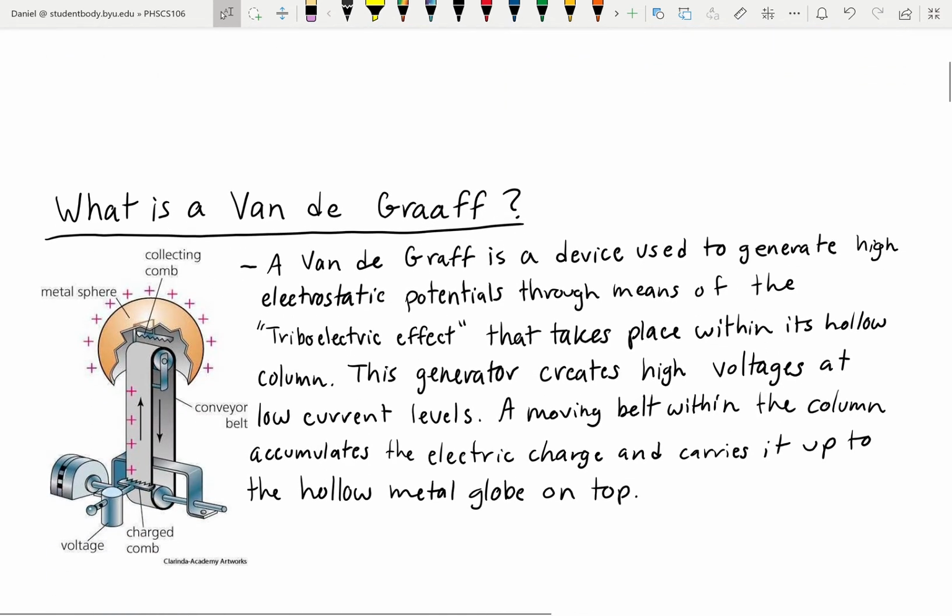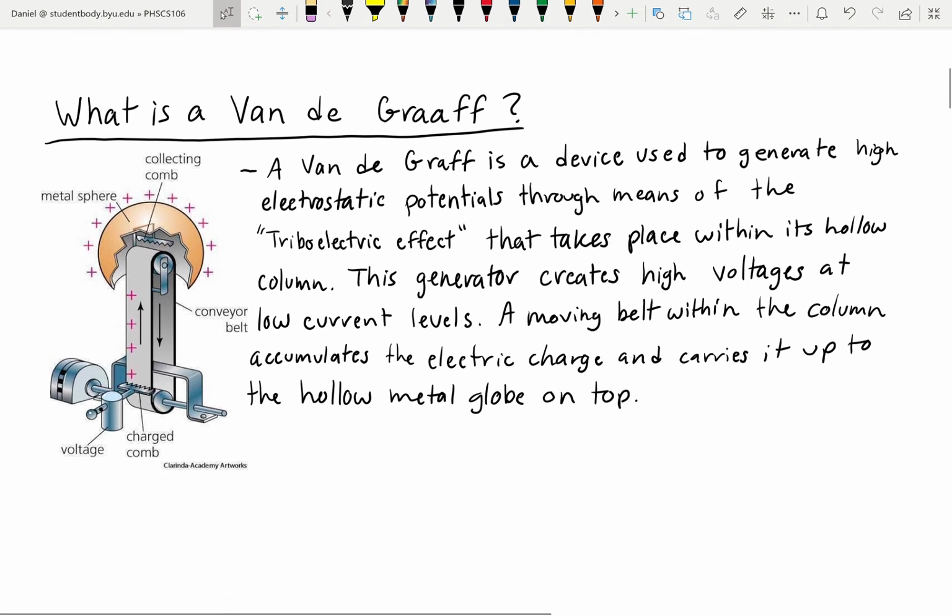To start off, what is a Van de Graaff? It is a device used to generate high electrostatic potentials through means of the Triboelectric effect that takes place within its hollow column. This generator creates high voltages at low current levels. A moving belt within the column accumulates the electric charge and carries it up to the hollow metal globe on